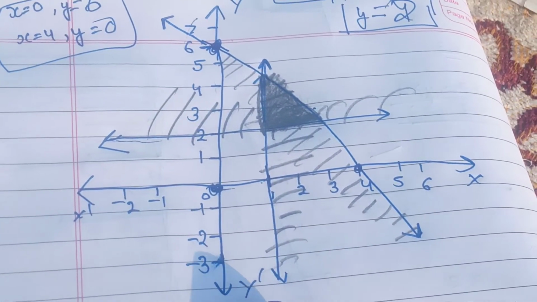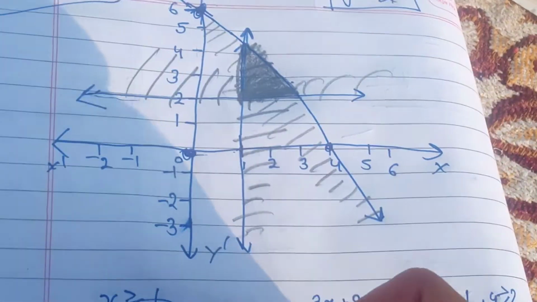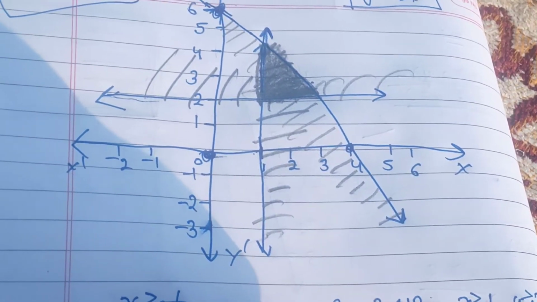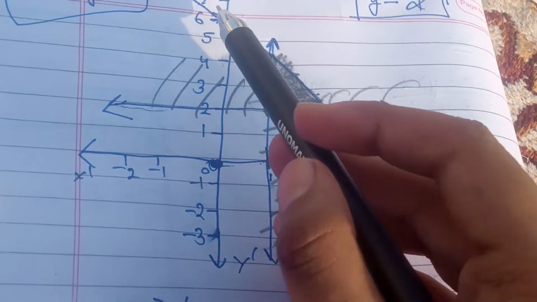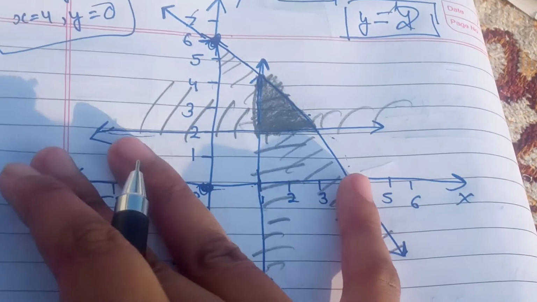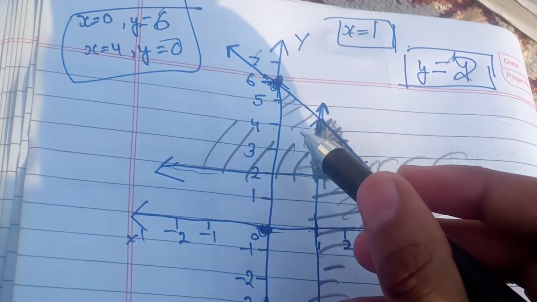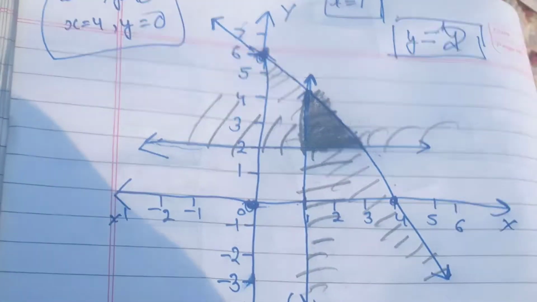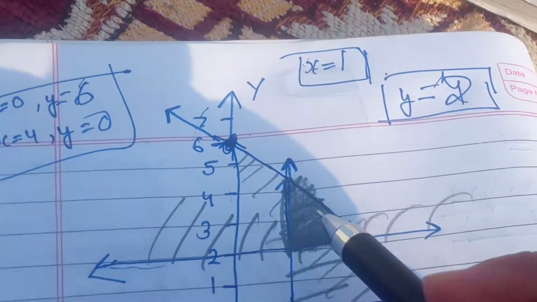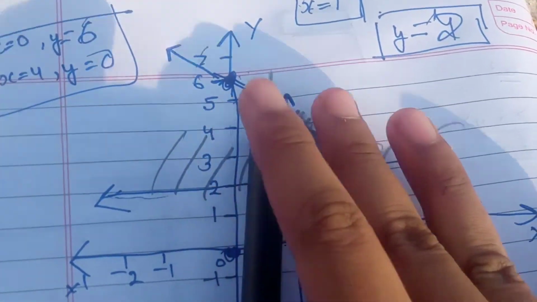Hope you have enjoyed this question. Moreover, some of you must be wondering why I have not used dotted lines over here, to represent that these lines are not part of the actual solution, because this is not equality over here. But I have used full lines because equal to is also there, it is saying that it is equal to, so that's why. If it were not equal to, then I would be using dotted lines over here. Okay, so keep this in mind as well.